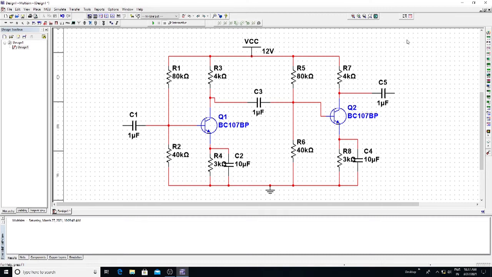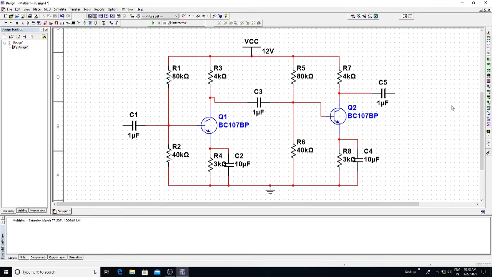Now for this circuit, I need to give some input. I need to check the output. So where are the input and output devices? If you see on the right side, all the components are placed: multimeter, function generator, wattmeter, oscilloscope, Bode plotter. These are all input and output devices which I can connect to the circuit in order to check my gain or bandwidth, or whether the signal is amplified or not.